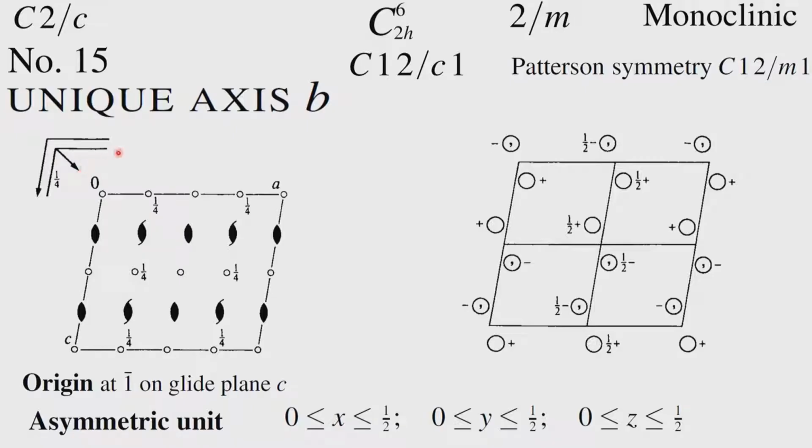We talked about the N glides, and this N glide will develop in the case we have C2 by C symmetry, and N glide, as you remember, will add not just half to one of the directions we are now considering. For example, if you consider the glide plane associated with this origin, this is C and that is A. So, the translation symmetry that will be associated with the N glide will be half along C and half along A. So, the equivalent points will be x half plus y half plus z kind of a thing,